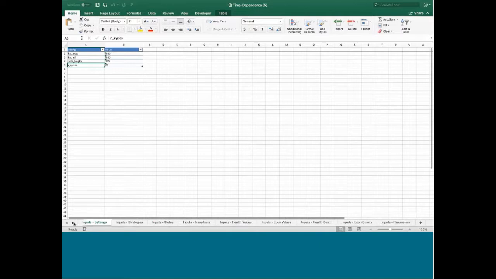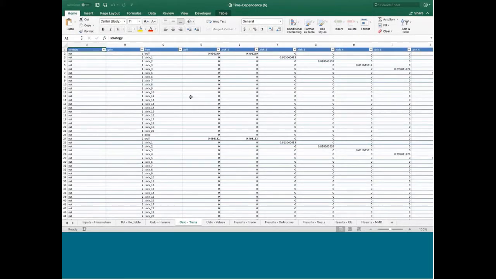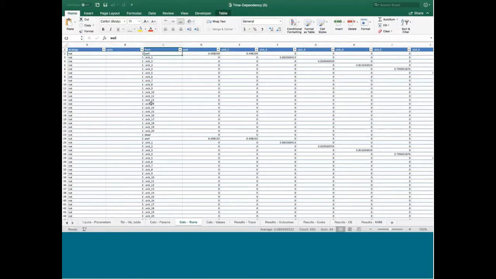We're just going to jump ahead here to some intermediate results of calculations, to the transitions. This table here shows every single transition matrix that was calculated going into this model. So you can see we've got a natural history strategy here. This is the transition matrix for the first cycle that is used. And you can see the use of the from states.